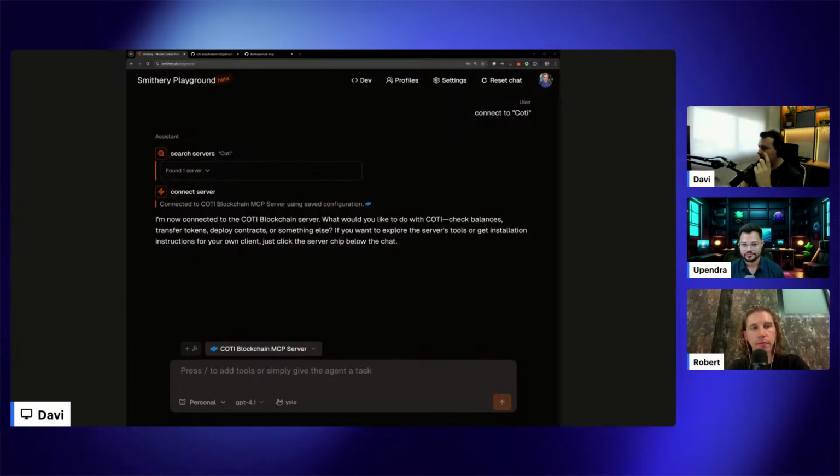I just have one COTI MCP that answers from the COTI side. It can sometimes be confused if you start adding a lot of similar MCPs that do exactly or almost the same. They can sometimes switch between them, right? Because they don't know exactly which one is the best. It depends on the context, the metadata, and the prompt that you are providing.